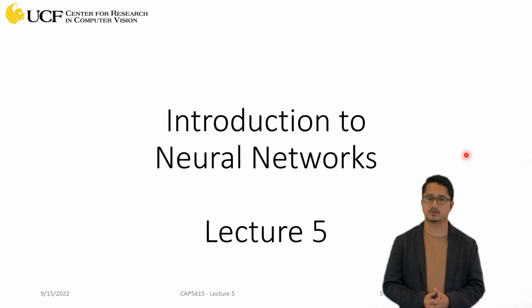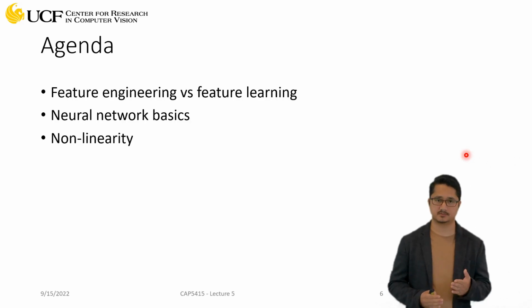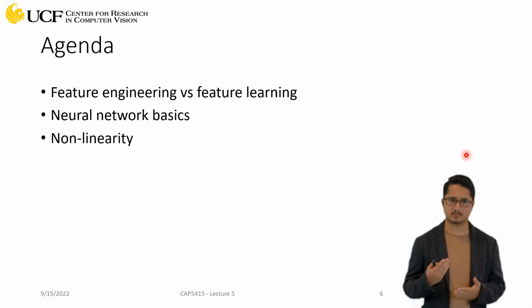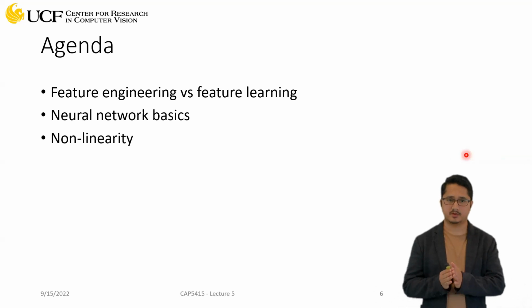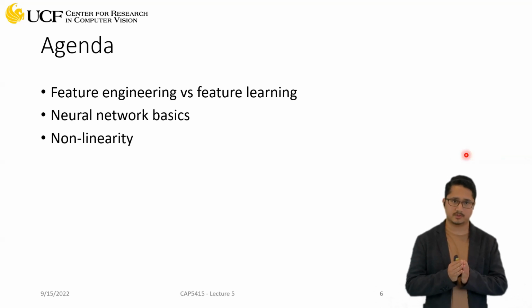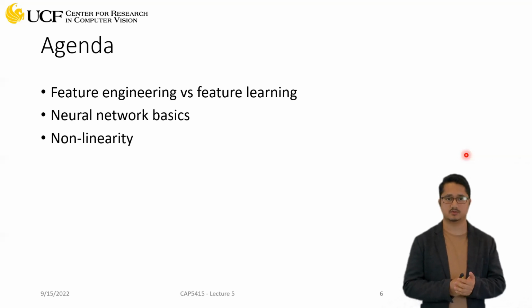Today's lecture is about neural networks, and the agenda of this topic is, first, we'll try to give you some motivation why exactly neural networks are required. And in that aspect, we'll try to cover two different aspects. The first is feature engineering, and the second is feature learning. So we will see that